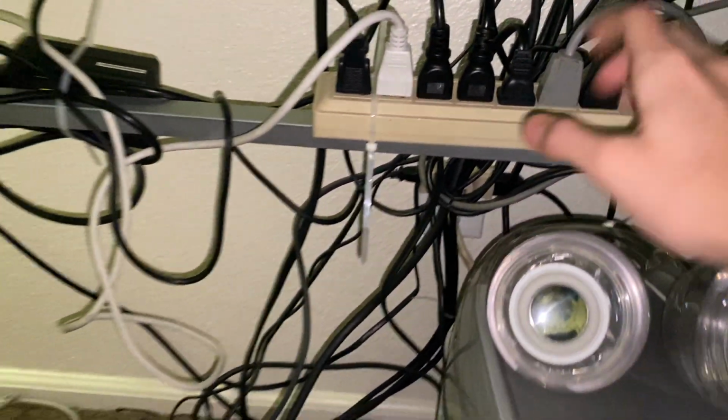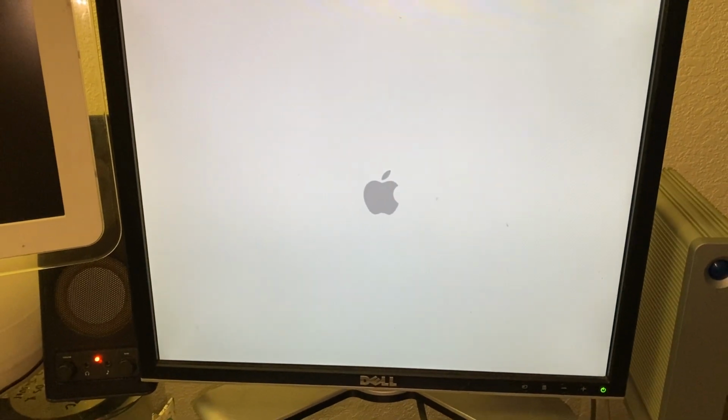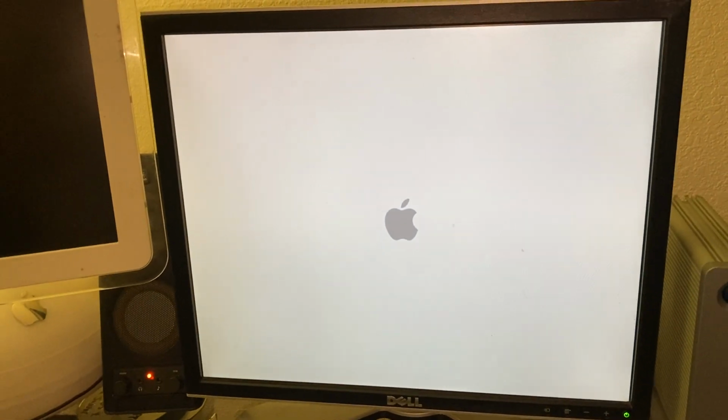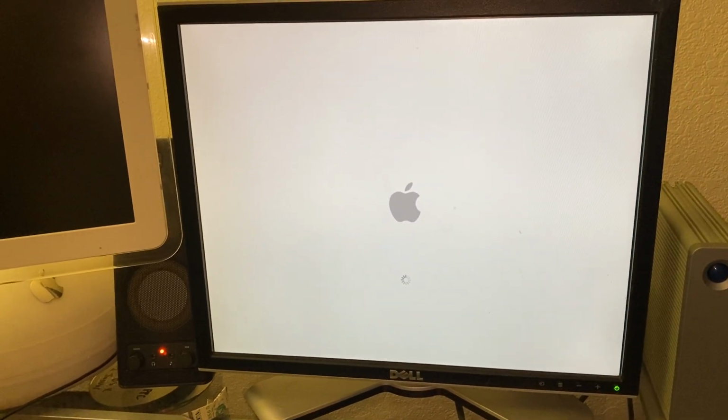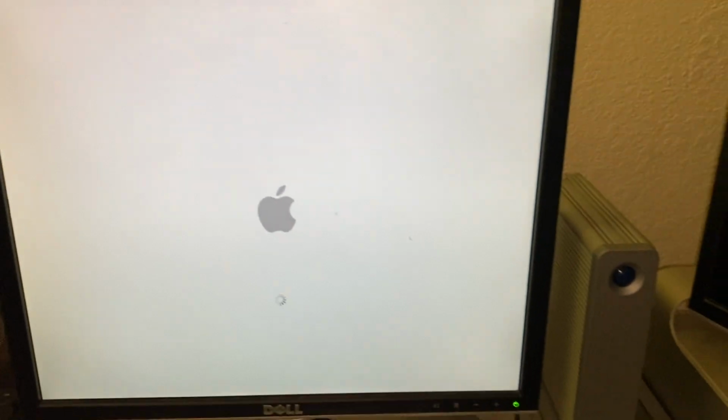So let's go ahead and power on the blue and white. For now, it's only got OS X 10.2.8 installed. I hope to dual boot it with OS 9, but I don't know how well that's going to work with OS X. It was already kind of a challenge to get this on, I'd say. Finding a compatible hard disk, and the first time I tried rebooting after installing the 10.2.8 combo,